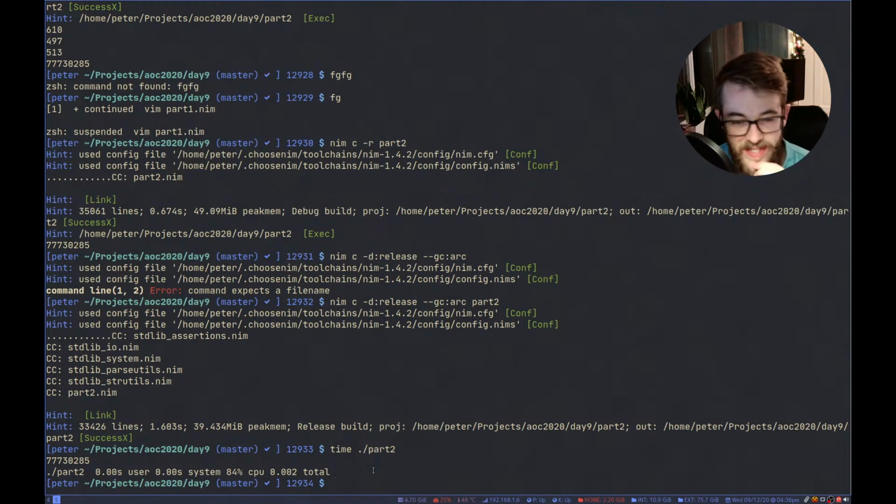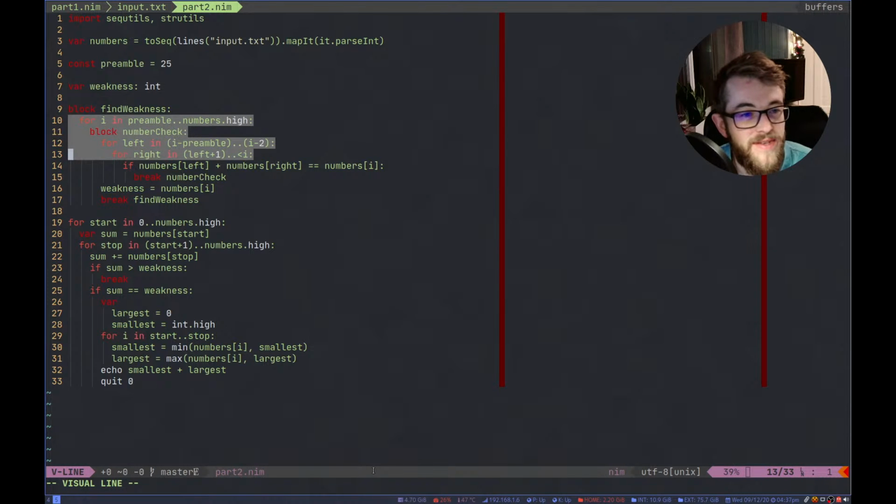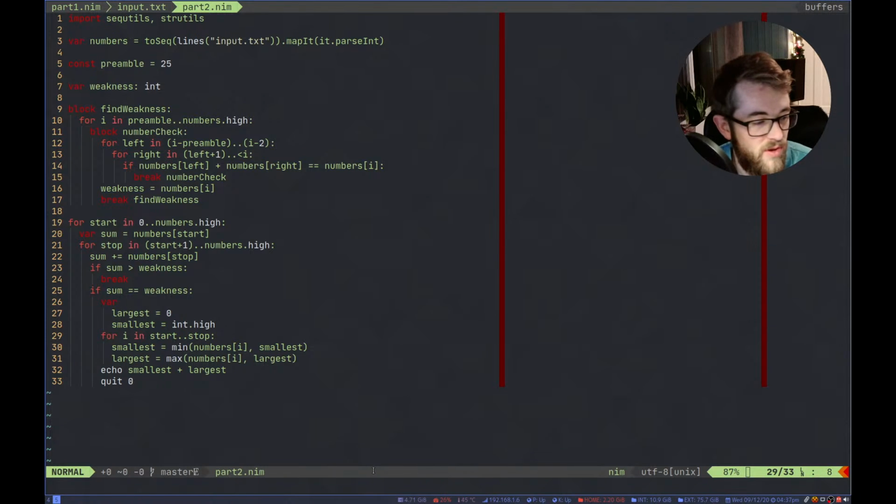Yeah, 2 milliseconds. So it's not terribly slow, but by no means fast. I mean, what is this, a triple loop? Double loop, and a smaller loop. So yeah, it's not a great solution, but it works.